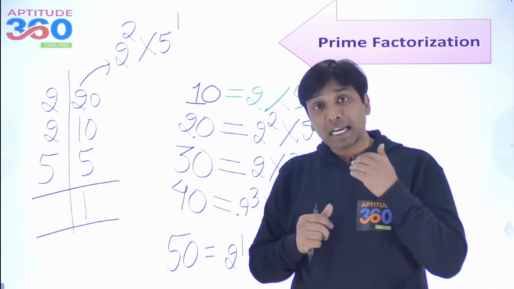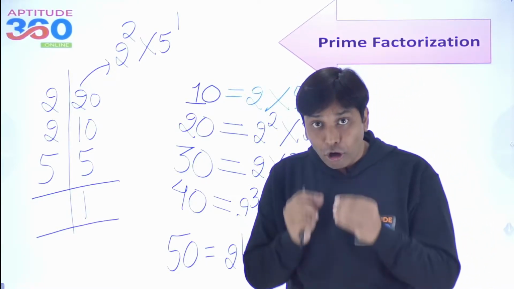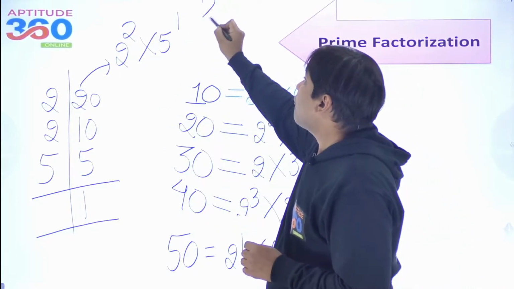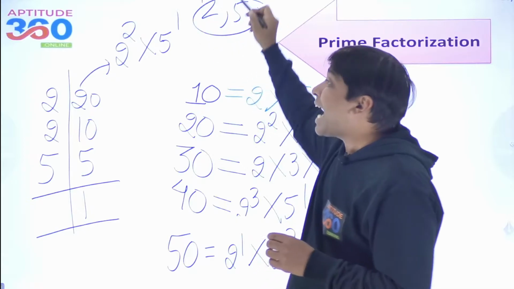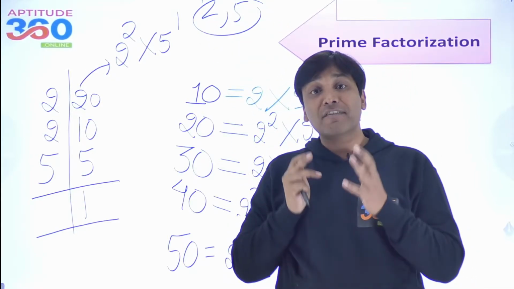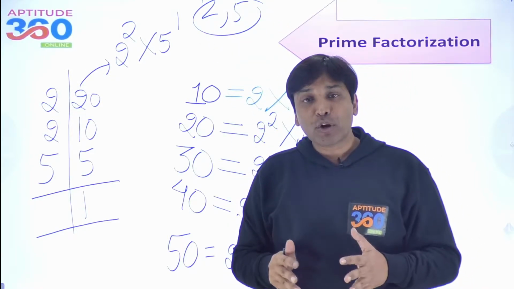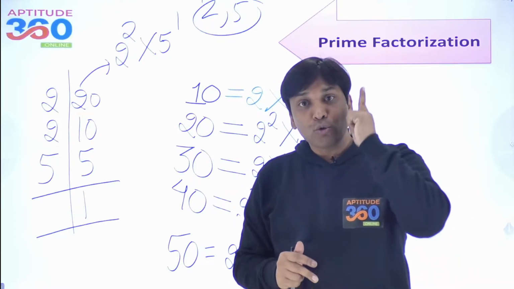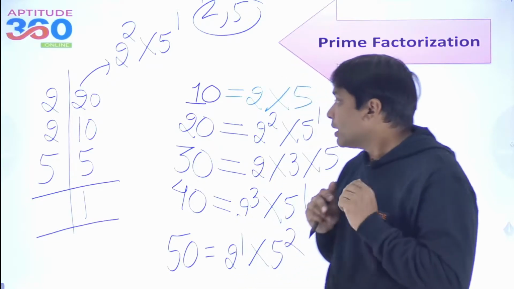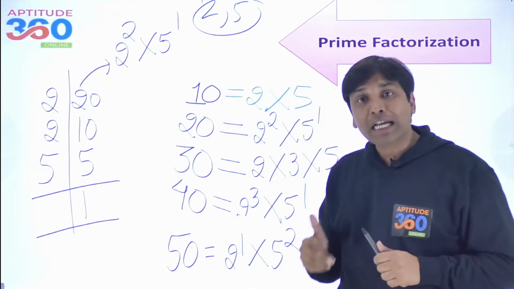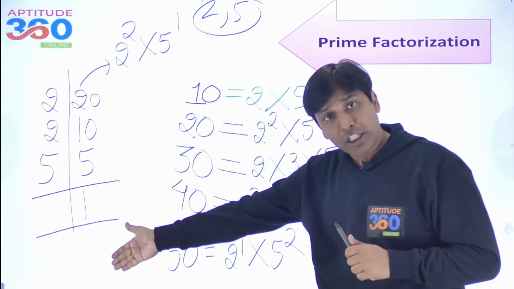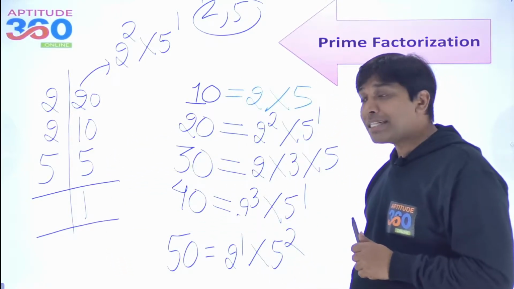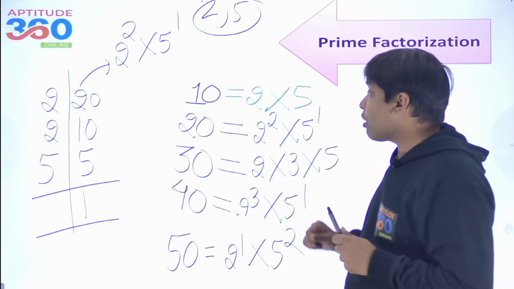So what I'm trying to make you understand is, in order to get one 0, you need to have one 2 and one 5. There has to be a pair of 2 and 5. If you don't get the pair of 2 and 5, there will be no 0. So for each and every pair of 2 and 5, you get exactly one 0. And how do you do that? You understand by doing the prime factorization. Only then you realize how many 2s are there, how many 5s are there, how many 3s are there, isn't it? Look at this concept carefully.